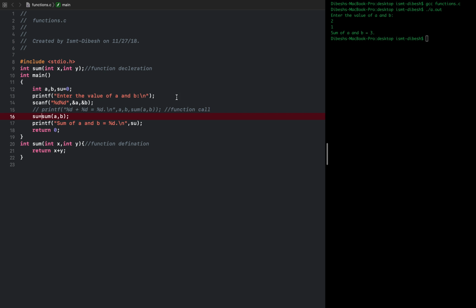So now what happens is, after you have declared your function, it's time to call the function. So just ignore this part for a while and we'll talk about it in some time. So here, after you compile your file, the compiler checks the declaration here, and inside